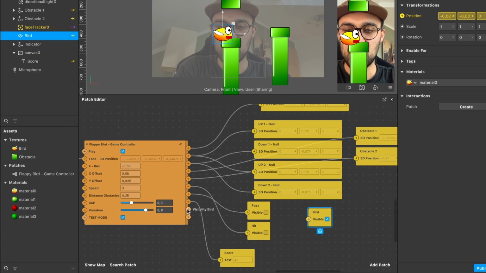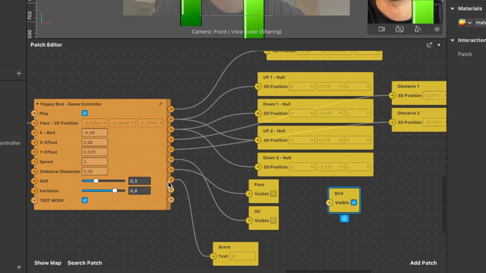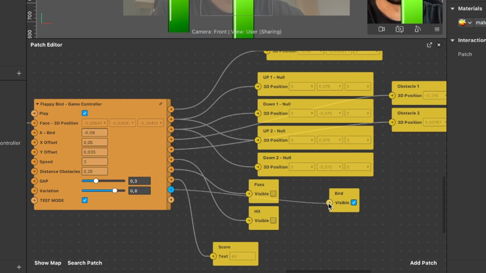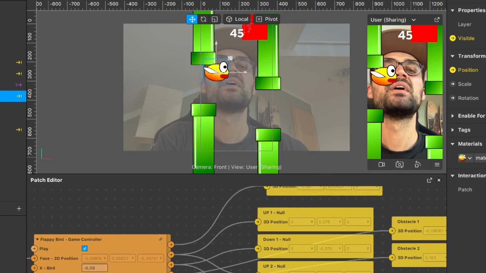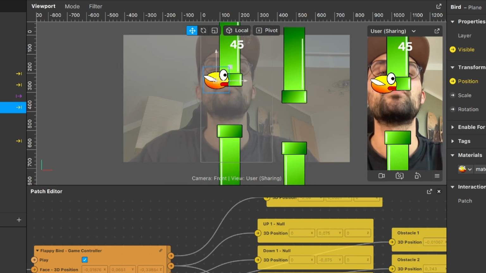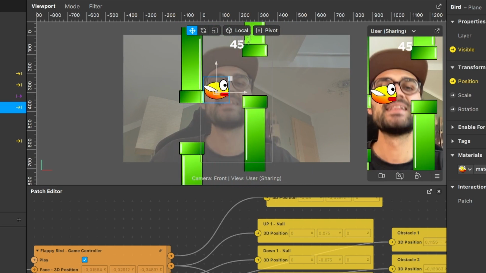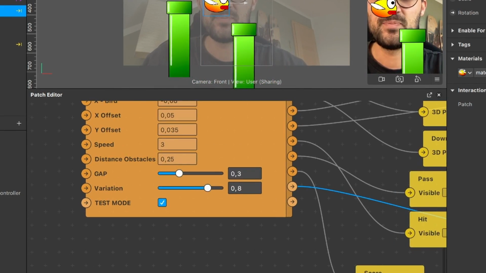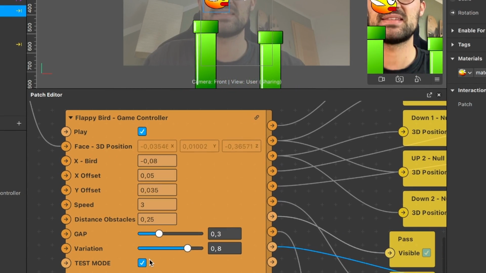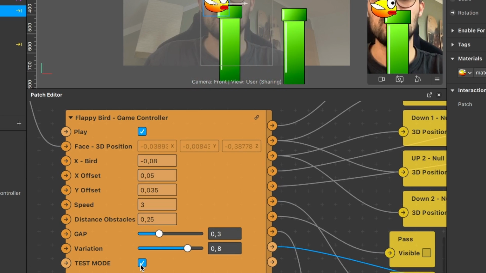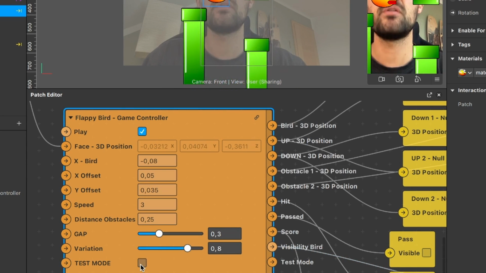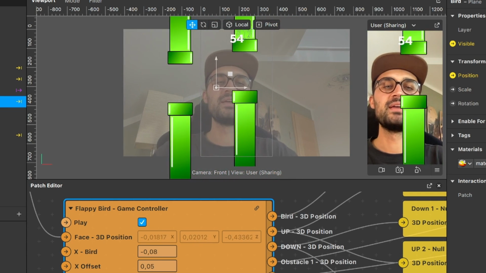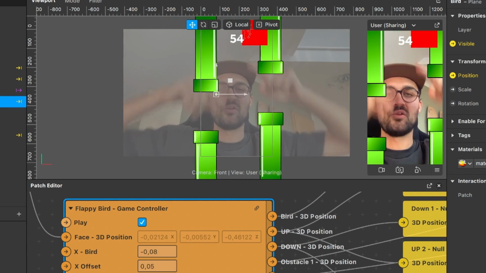So now search for the visibility bird output of the game controller patch and connect it to the yellow visible bird patch. So now the bird should disappear, but it won't, because the test mode of the game controller is on. As you can see it here at this patch, there is a test mode switch. So when we switch this off, and now when I hit an obstacle, the bird disappears